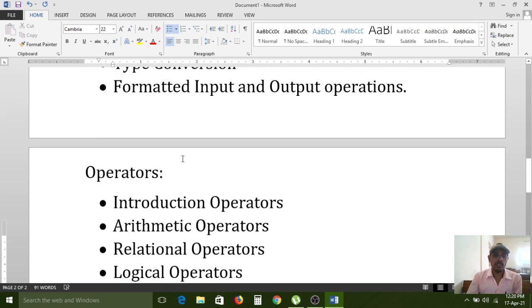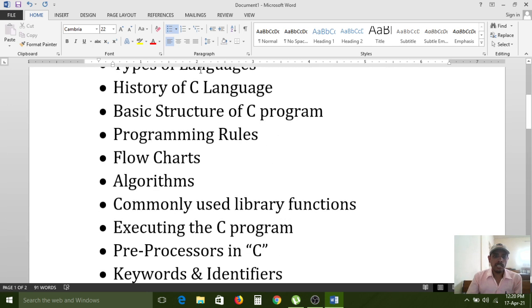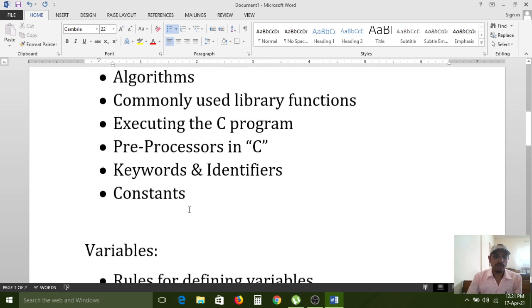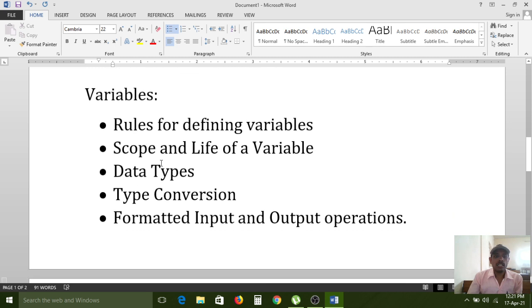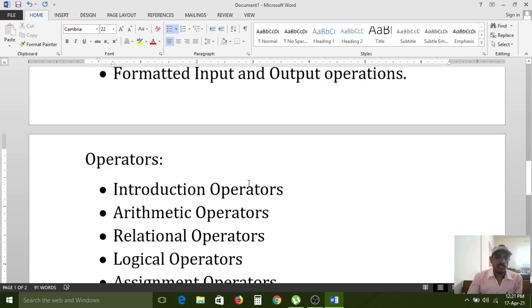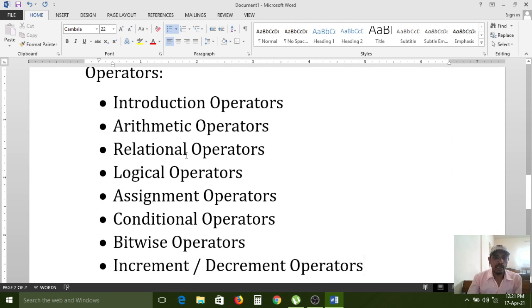In the first unit, we have 3 chapters. First one is introduction of C language, in which we have a number of concepts. After that, second chapter, variables, with different types of concepts. And next one, operators. This is the third chapter: introduction to operators, arithmetic operators, and like that, different types of operators.